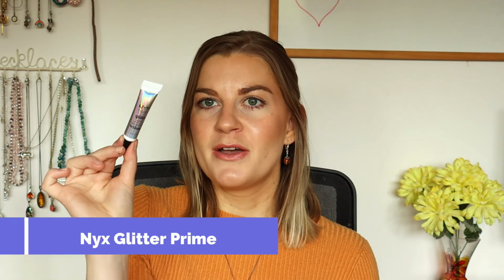And then the last product in my speed review is one that I've heard Sarah Rose mention quite a few times. So this is a product that she influenced me to buy, and this is the NYX Glitter Primer for glitter eyeshadows. And I bought this because I was struggling with a couple of glitter eyeshadows in my Estee Lauder palette, and I thought, well, if I use a glitter primer like this, hopefully that'll make them pop a bit more. Now it didn't, but that's not the fault of this, it's the fault of the Estee Lauder eyeshadows,